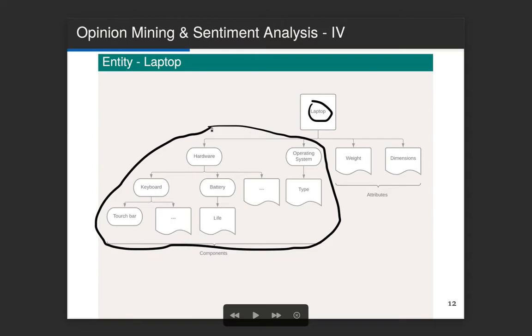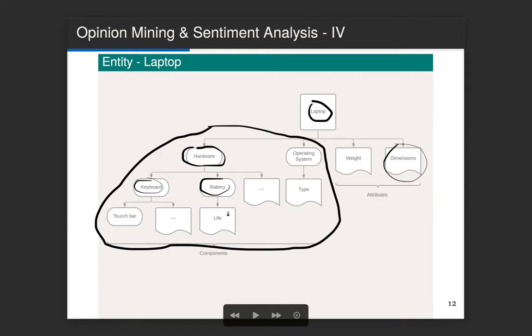These are the components, and each component is represented with this symbol. So you can see here the component hardware, and hardware has components. One of these components is the battery, and the other component is the keyboard. And on the other hand, the entity, which is laptop, has attributes, and the attributes are represented with this symbol. The attributes are dimension, weight, and so on.